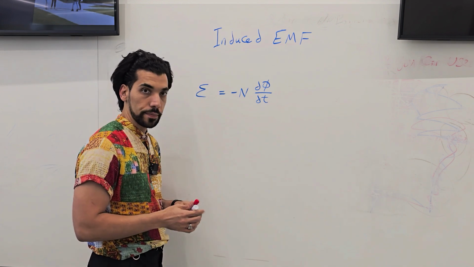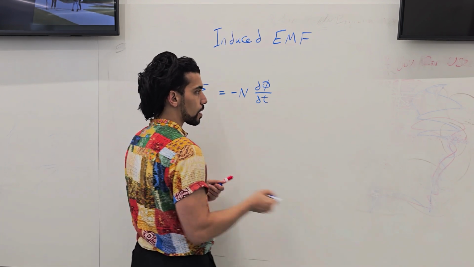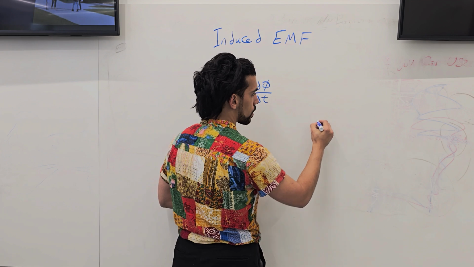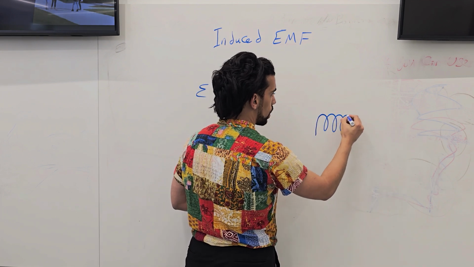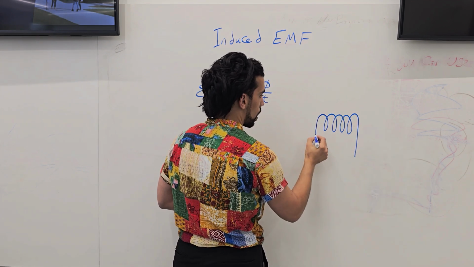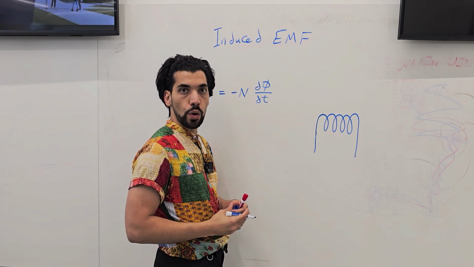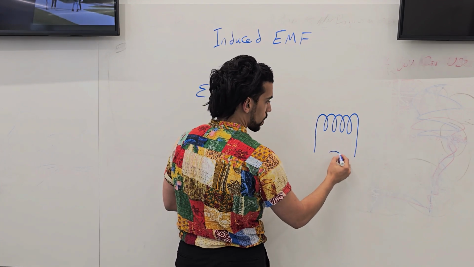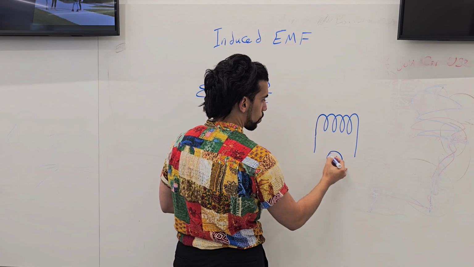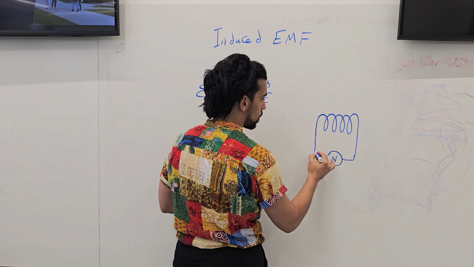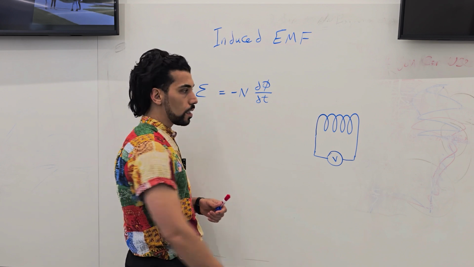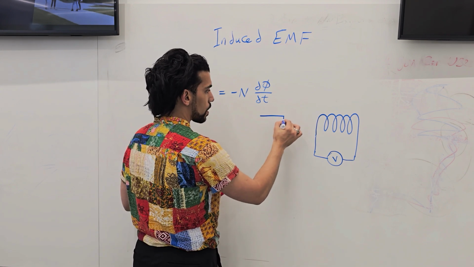So basically, let's start with a coil. If you have a coil like this one, you connect this coil to a galvanometer or a voltmeter. So let's imagine that we are connecting this one to a voltmeter here. So basically, if we have a magnet,